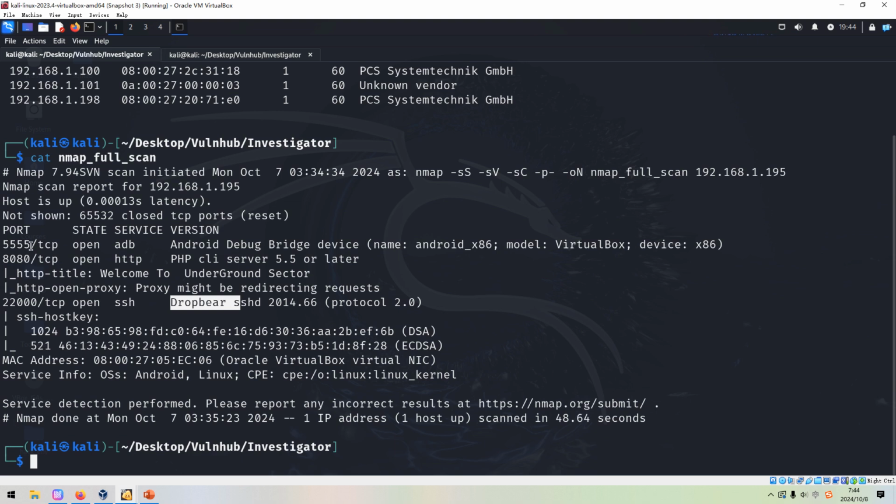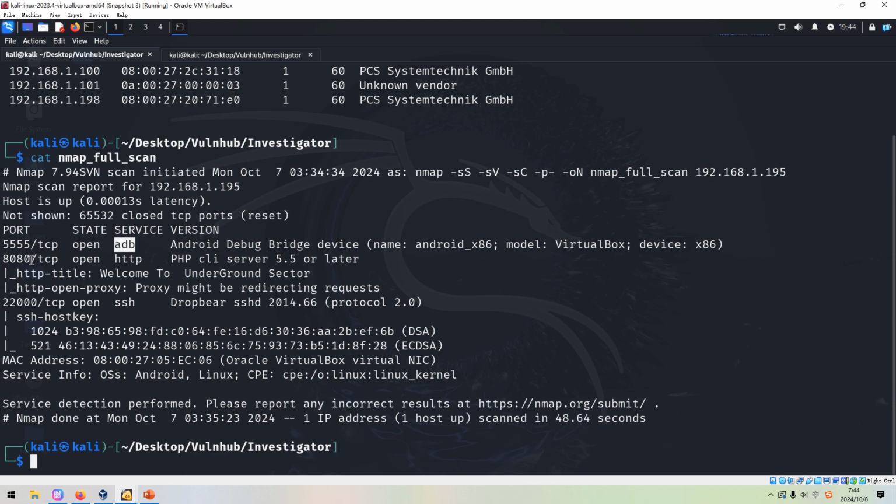And the first one is 5555, which is running the ADB service. ADB is the Android Debug Bridge, which allows us to connect to the mobile phone, for example, to make debugging and to install software. It can do almost everything. This is a very special service, and afterwards we need to utilize it for our purpose.